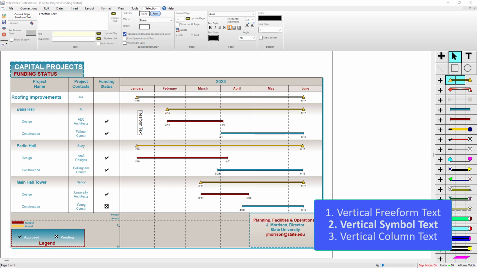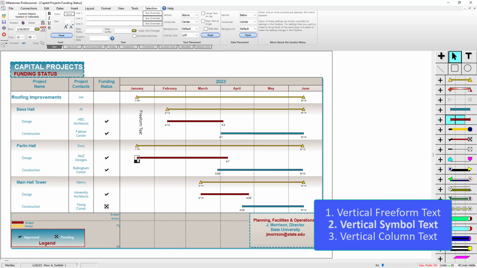Now to set up vertical symbol text, what we're going to do is click on a symbol, and then add some text here. So say symbol text, and press that little apply text changes button right there. And then you can see the symbol text gets applied to that symbol. I'm also going to choose this option right here, draw text at angle. And so that's going to draw it at a 45-degree angle by default,